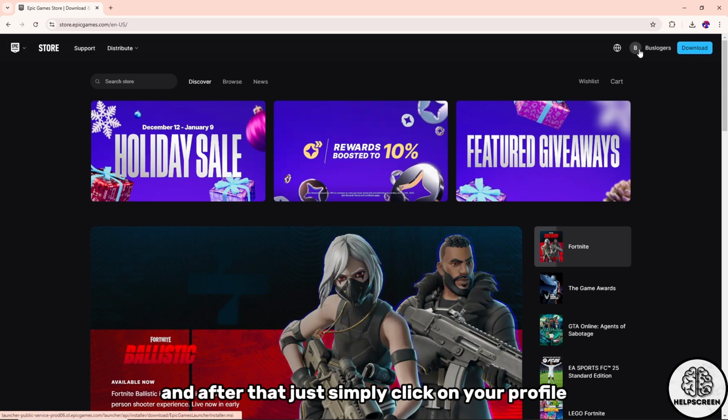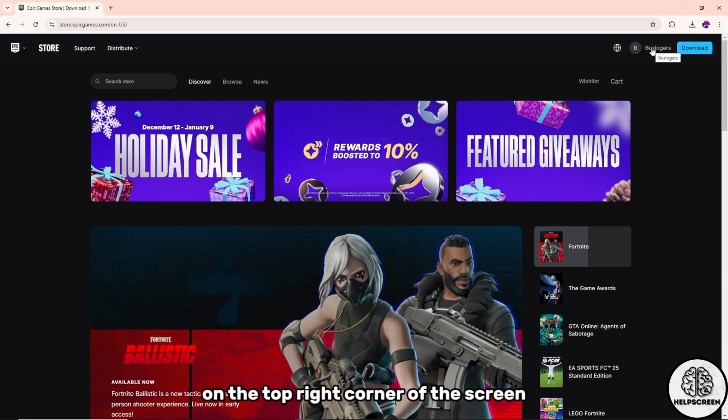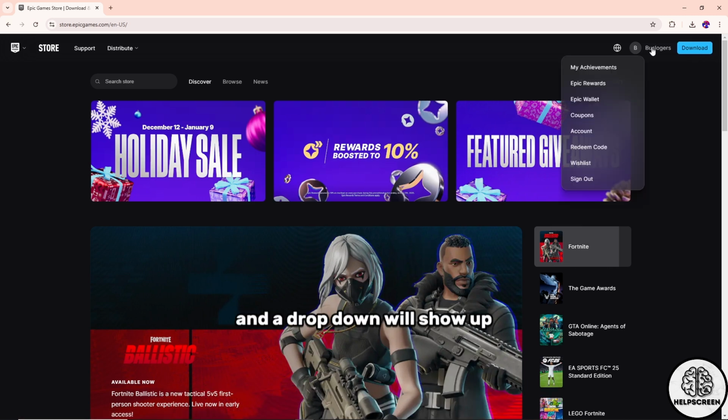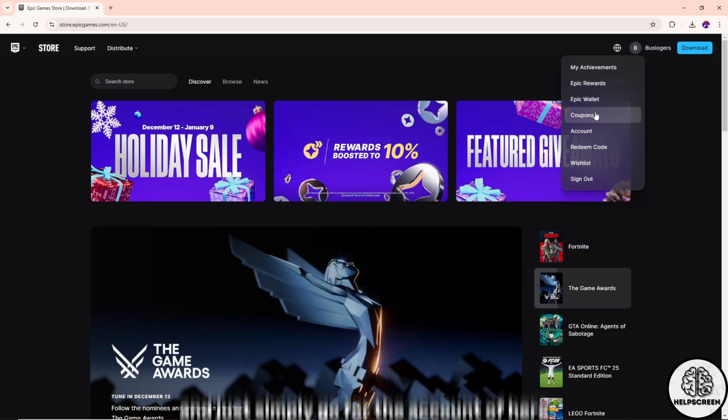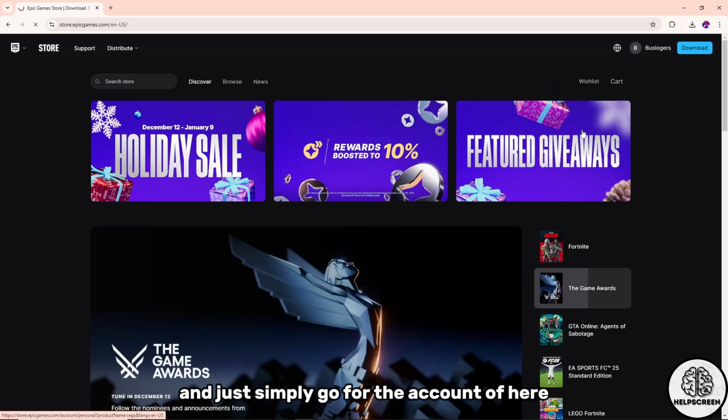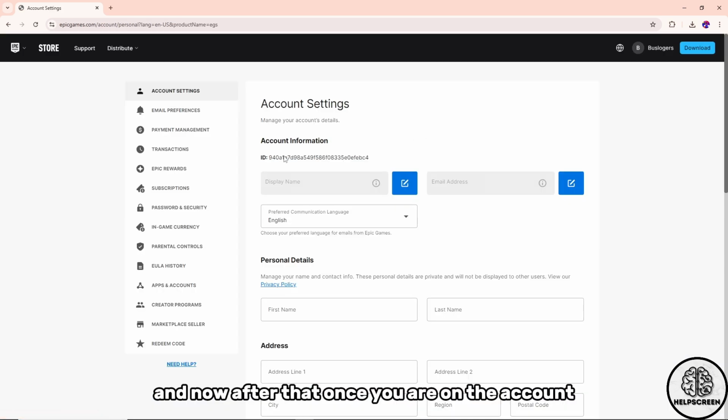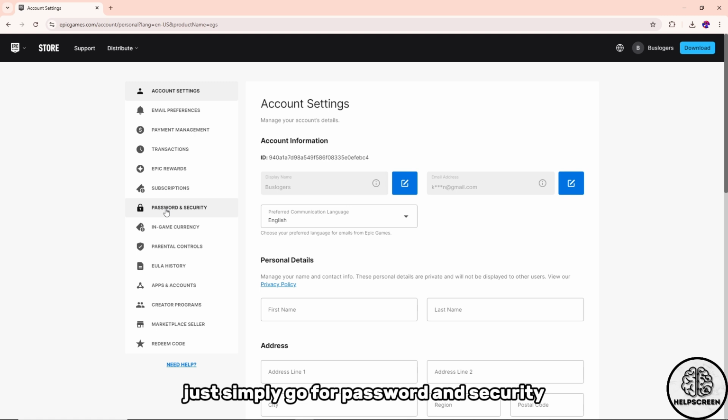And after that, just simply click on your profile on the top right corner of the screen, and a drop down will show up, and just simply go for the account over here. And now after that, once you are on the account, just simply go for password and security on the left